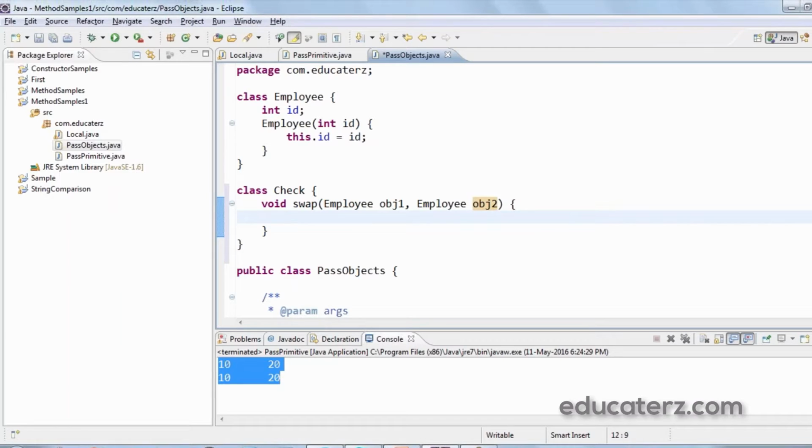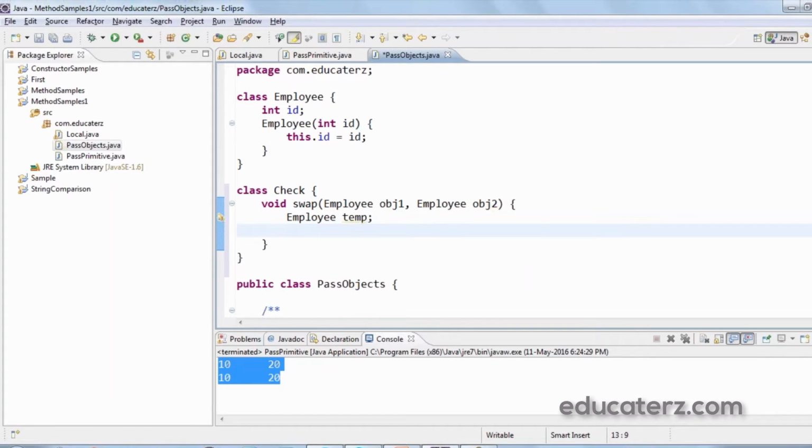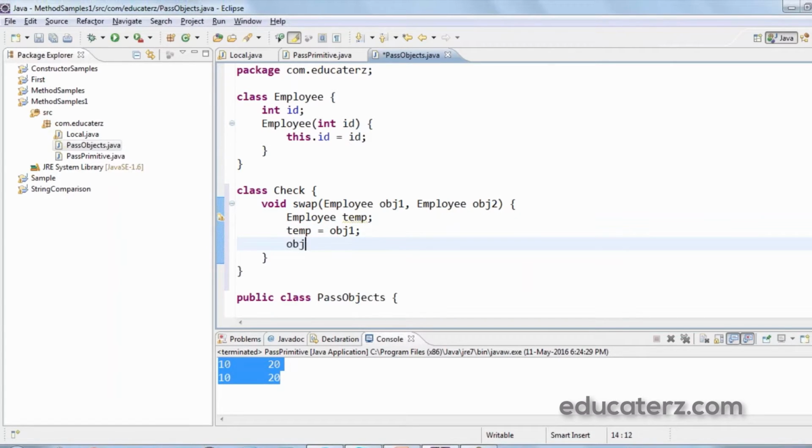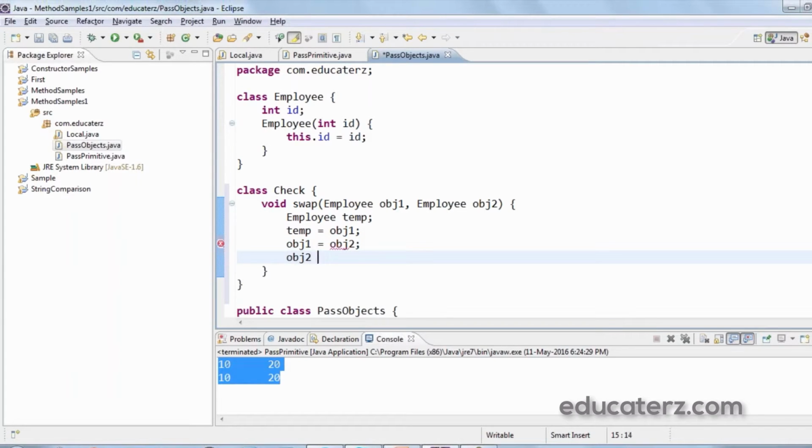Within the swap, I again take a temporary reference, Employee temp. Then interchange: temp equals obj1, similar to interchanging numbers. obj1 will now get obj2, and obj2 will get the value in temp. So we interchange two values.